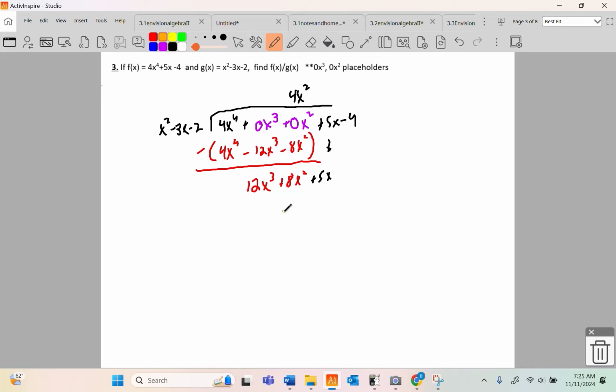To turn an x squared into 12x cubed, we're going to have to 12x it. So 12x times x squared is 12x cubed. 12x times negative 3x is negative 36x squared. And then 12x times negative 2 is negative 24x. And again, you wrap before you subtract. And the x cubes disappear. 8 take away negative 36 is 44. And 5 take away negative 24 is going to be 29. And then bring down